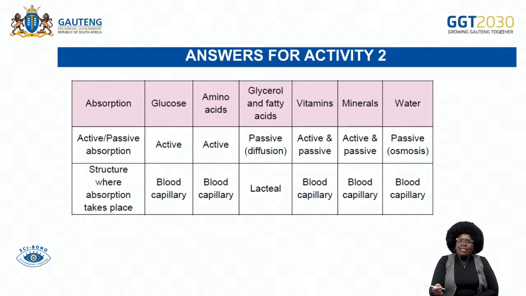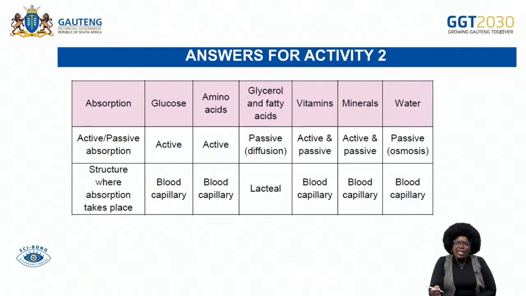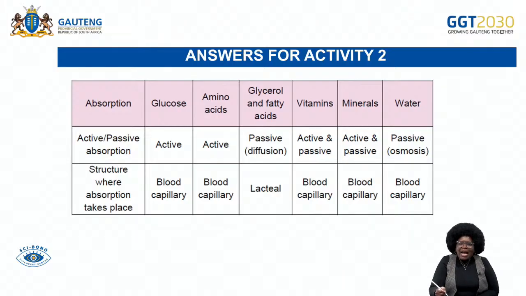So amino acids, what kind of absorption is taking place? Absorption that takes place for amino acids is active as well, against the concentration gradient, and the structure where absorption is taking place is also the blood